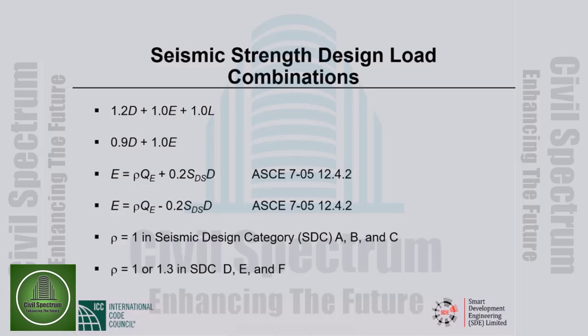The horizontal earthquake effect and the vertical earthquake effect. In BNBC 2020, it is E sub H and E sub V. E sub H, E sub V. In ASCE 7-05, E sub H is Q sub E,